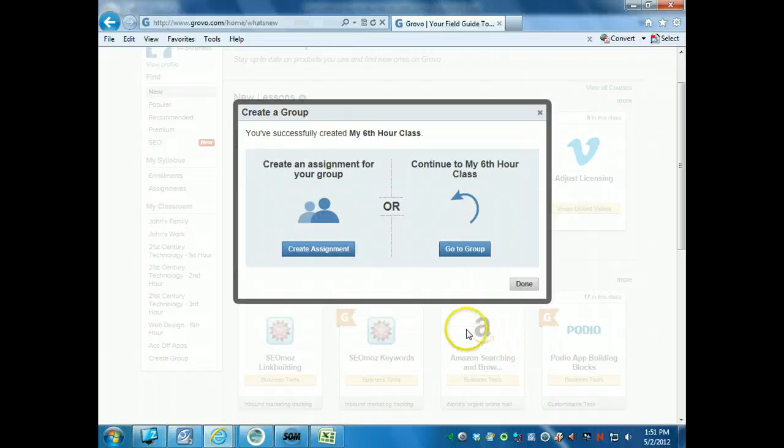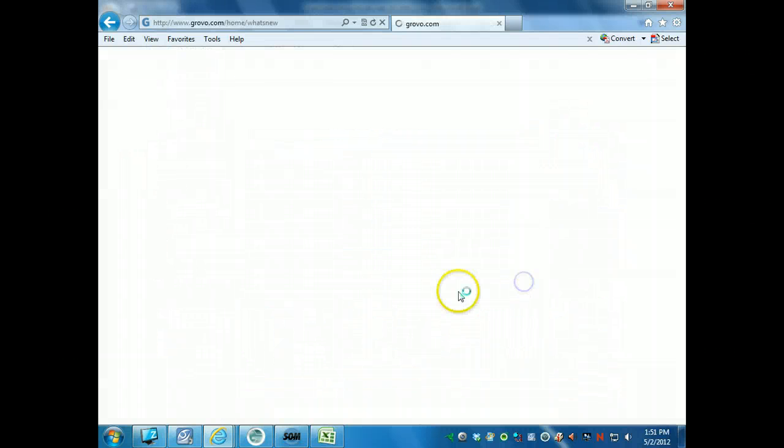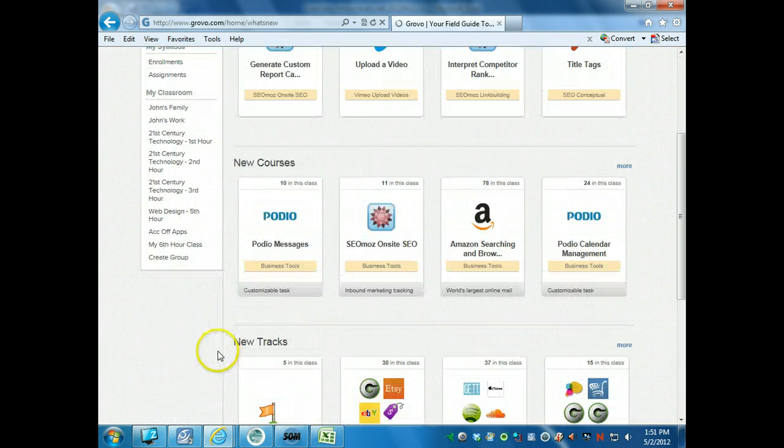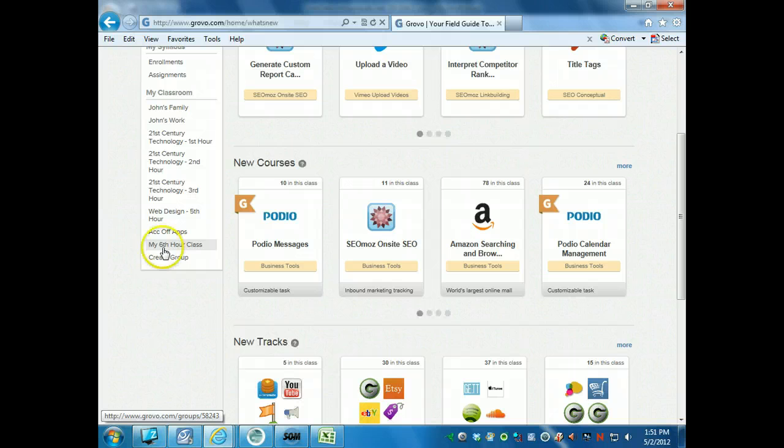Okay, and then I'm going to say Done here. Okay, and then what happens is it sends an invitation to each of those students. And you notice I'll have the group here, 6 group right here. All right, you can't assign classes until those students register, and you know that they haven't registered because if I